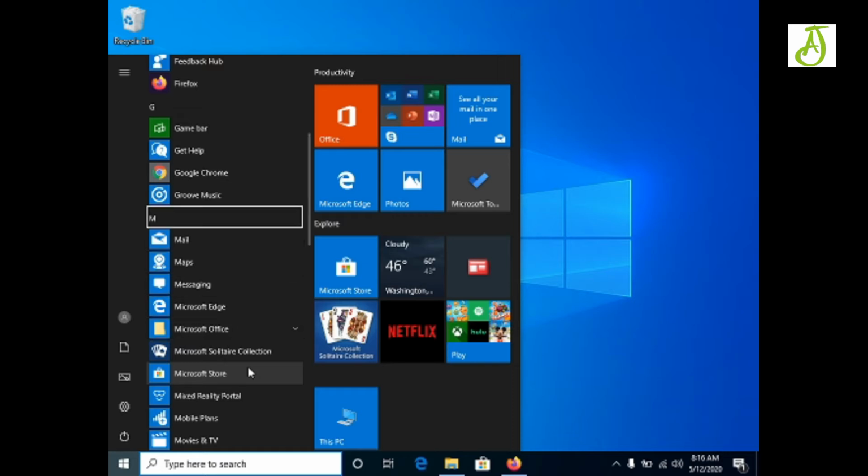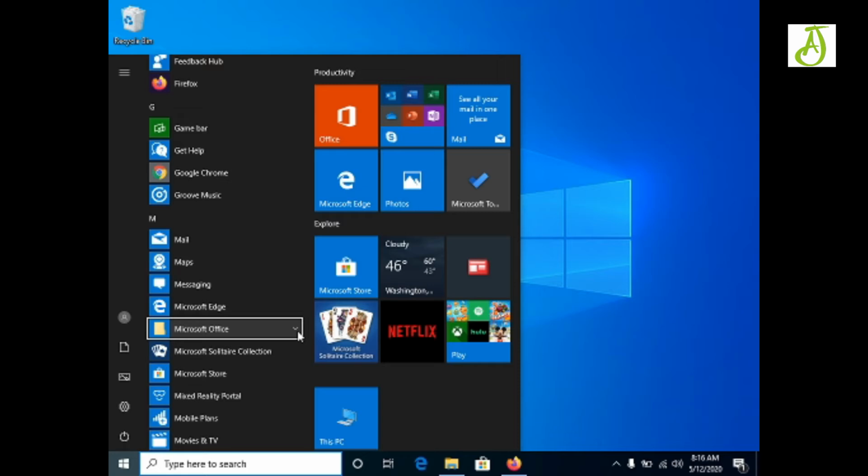Now there are multiple apps, but in this app you can see a down arrow is there. This down arrow is explaining to us that we are getting some more apps under this Microsoft Office.